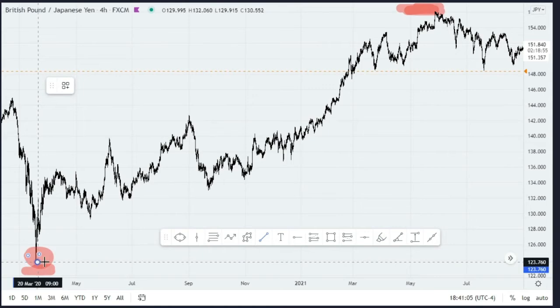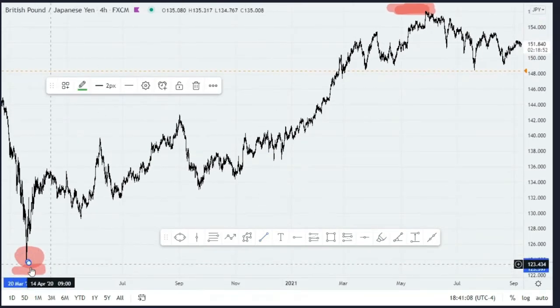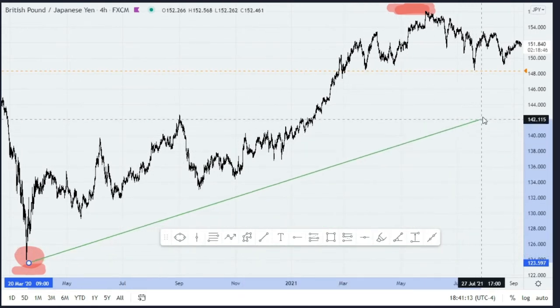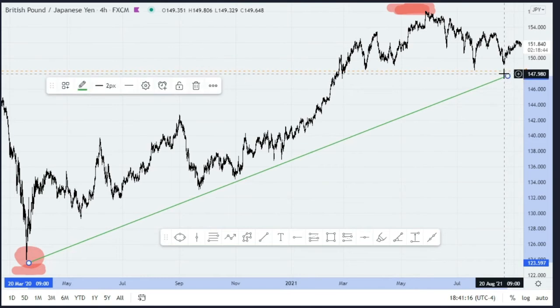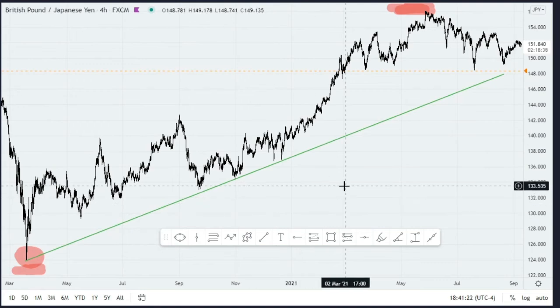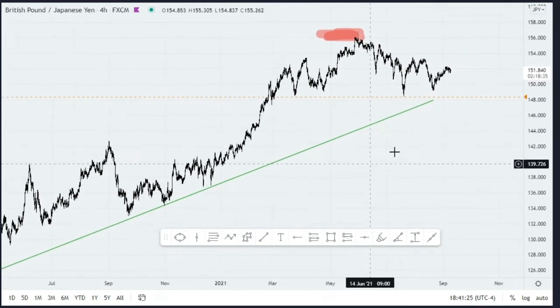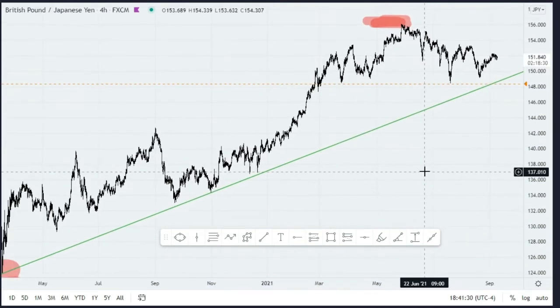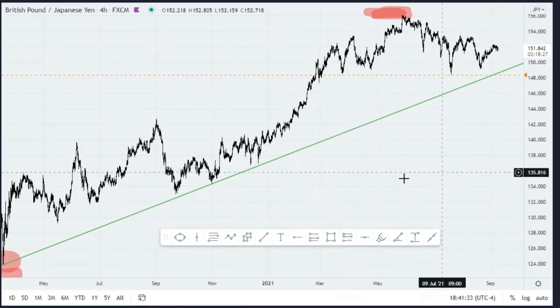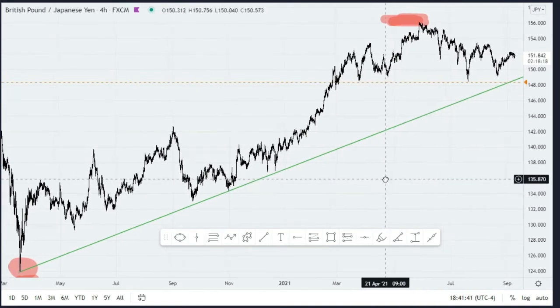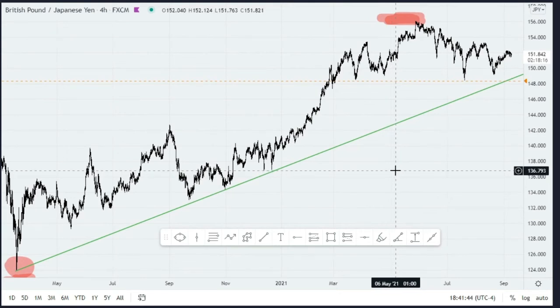So I'm going to extend my uptrend line, and remember, I should not break wicks and candles. So the uptrend line, okay, I'm touching. You can touch the wick, but not break it. And I'm going to extend it. Okay, see everybody. So congratulations to the traders that are saying, well, we are in an uptrend. Yes, we are. We are in an uptrend.